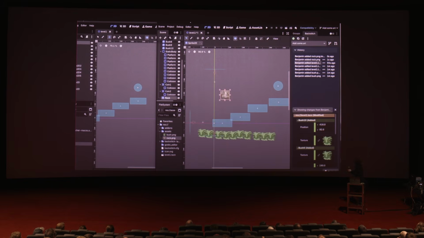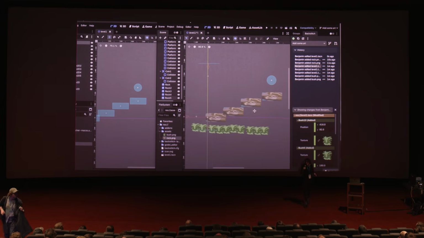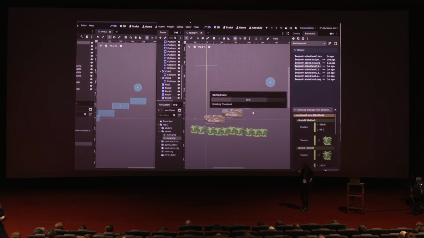So Benjamin is adding some stuff, adding some sprites. Now he is adding some platforms. And he's doing this in kind of a weird way, right? He's just kind of overlapping the sprite with the collider, which is not really how you want to do it in Godot. Normally, you'd create a scene instance, or at least